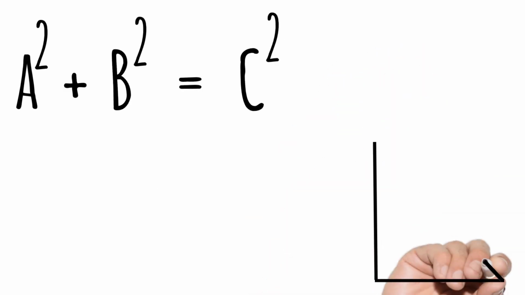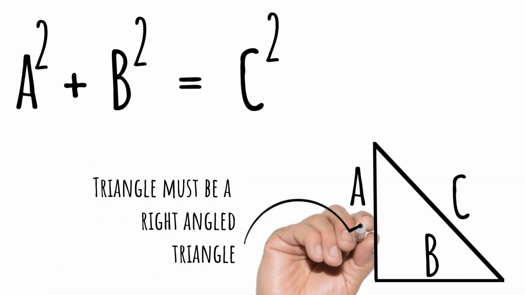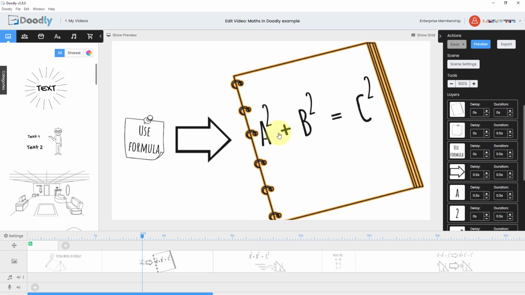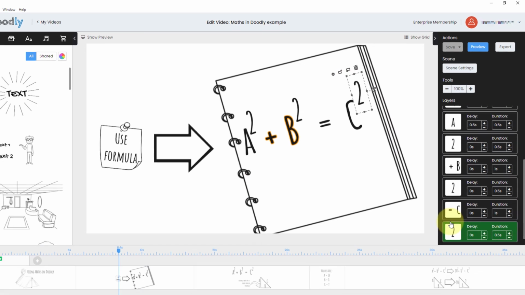So here we can see I've written out my formula, a squared plus b squared equals c squared. When we preview that, it writes as it should. The way I did this was I just put a text element for every time I needed to write something out. So I did an a squared, I did a plus b squared, I did equals c and squared. And that way it writes out really nicely.